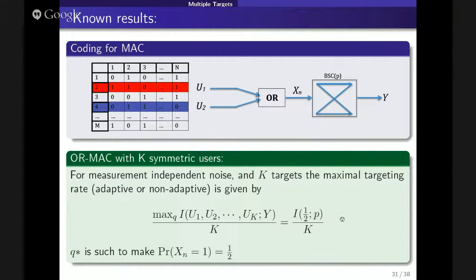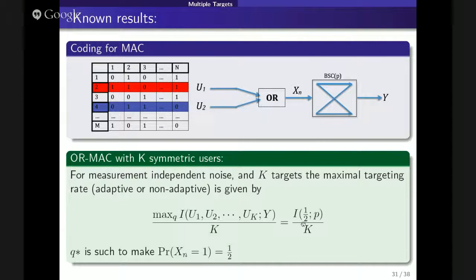This is in fact the rate from the work by Atiyah and Saligrama I mentioned. This is the rate they get using a very different kind of tool set, and they don't see this problem as a MAC, and they work much harder to get to this. They just have measurement-independent noise. So this is their model in some sense, although they're not saying it, but this is the rate they get.